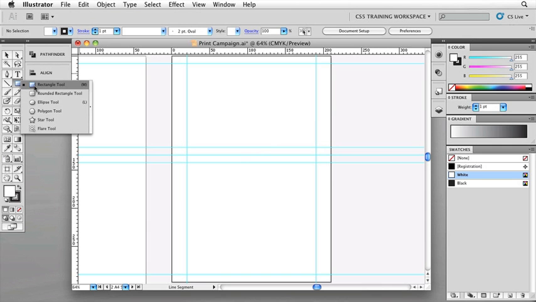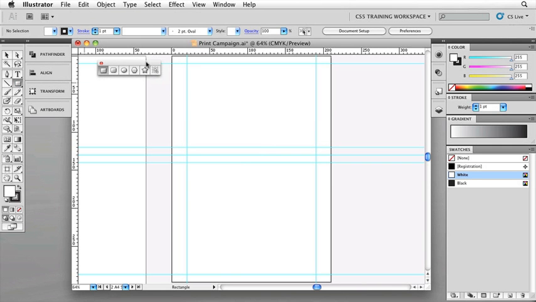The cool thing about these, and like I said all of them that have this fly out, is that on the right hand side here we have what's called a tear off. If you just select that and let go, you'll see we have the ability to pull all of these tools out onto the page at the same time, which is very handy if you need to keep constructing one or